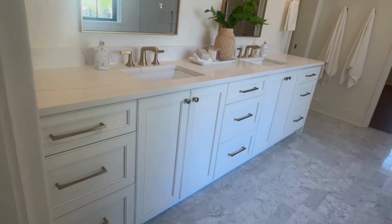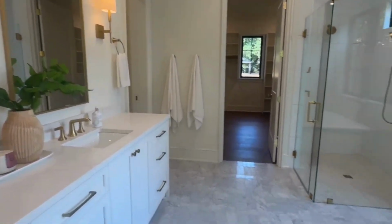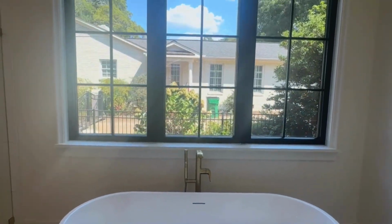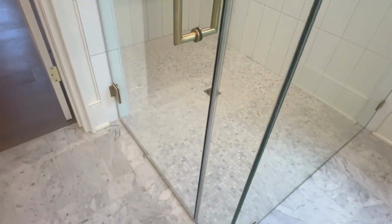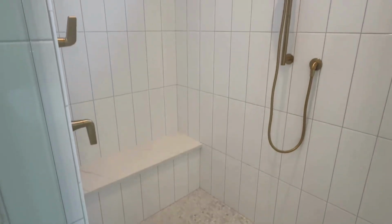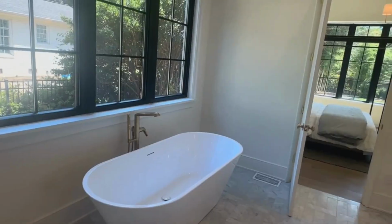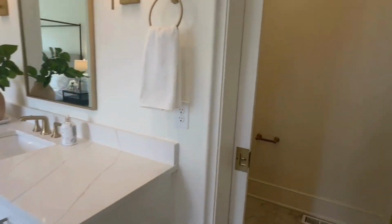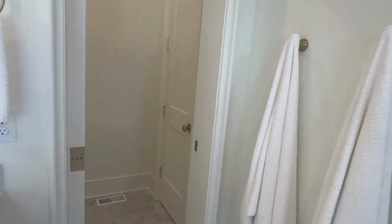And then for your primary bathroom, you've got a nice large double vanity. Freestanding tub. It's basically a soaker tub with a triple window and a zero-entry shower for the tile. Got a little seat in here as well with dual shower head. Obviously you'd want to put up some kind of window treatments right here next to that freestanding tub, but definitely large and spacious. This is your water closet with a slider door with a little linen closet next to it,